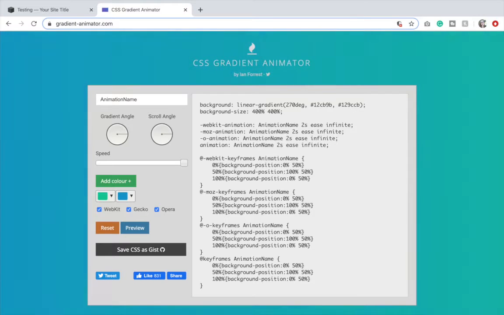Today we're going to talk about how to animate your text so that it has a colored gradient, like the background you see on the screen now. So the first thing you're going to do is go to